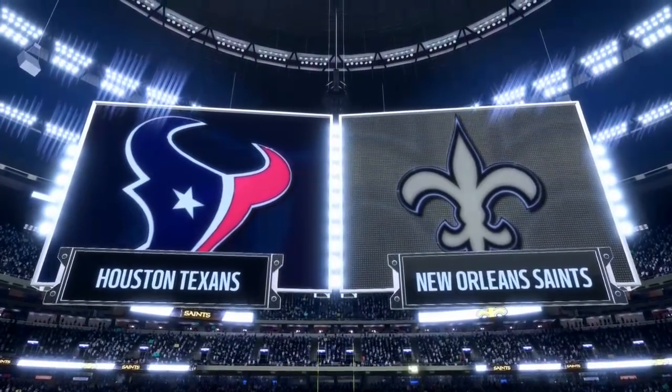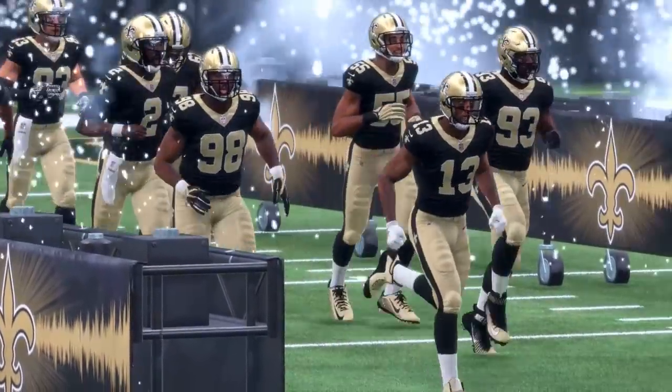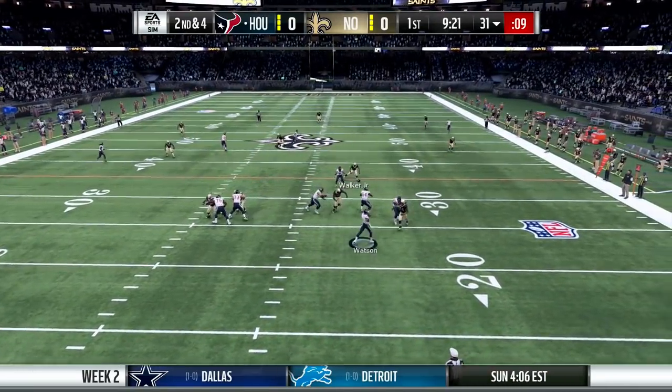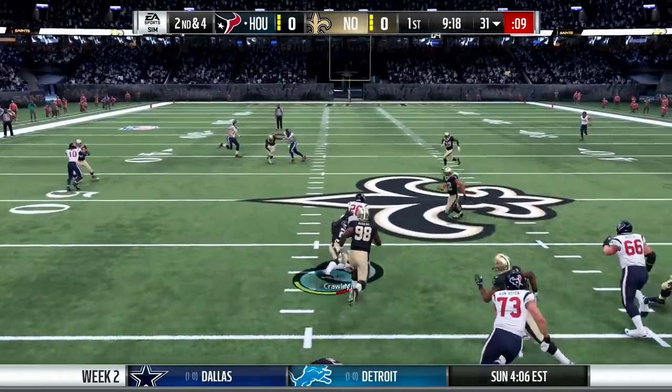After their Week 1 loss, the Saints are playing host to a team that also lost their Week 1 game, the Houston Texans. We'll start things off with Deshaun Watson and the Texans on their own 31. Watson drops back and then dumps it off to Lamar Miller, who spins out a linebacker and then gets taken